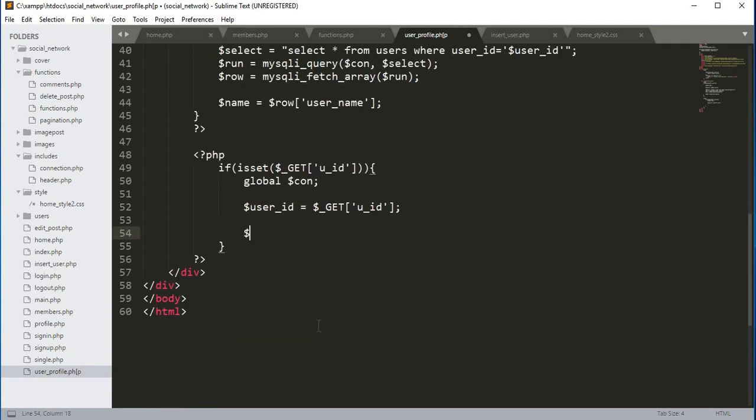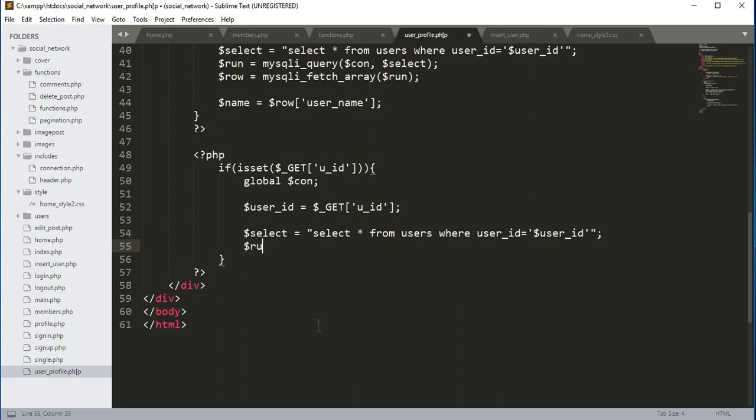And over here we need to create a variable select, and it will be equals to select all from the users table where user_id will be equals to the $user_id variable. And then we'll create a variable run, it will be equals to mysqli_query. We will pass first the connection variable and then the select variable,